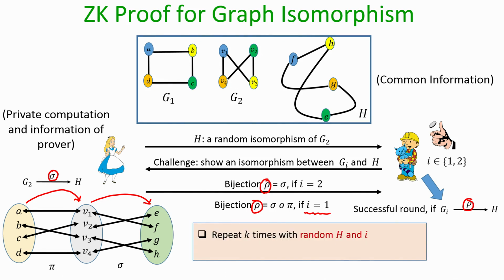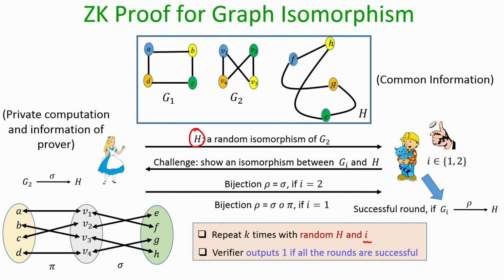And Bob is going to repeat this whole process, namely Alice committing something, Bob challenging, and Alice again submitting the response, k number of times, and for each of these rounds Alice has to pick a random commitment H. That means she will be freshly picking the graph H for every round or every iteration, and in the same way Bob will be randomly picking the challenge i for every round, independent of every previous round. That means, it will not be the case that in every round Bob will be picking i equal to 1 or i equal to 2.